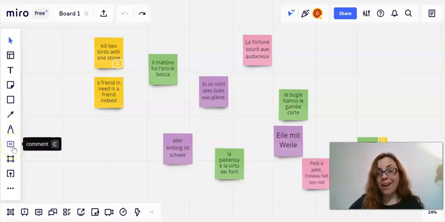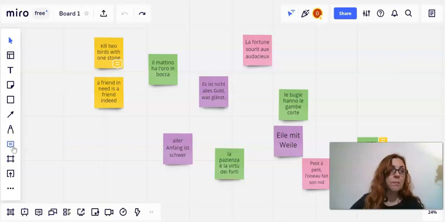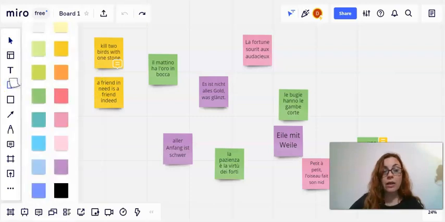And now what I have prepared is an exercise to illustrate precisely what can be done on this board. This very simple activity that I prepared is based on proverbs. So I've added sticky notes, and adding a sticky note is very easy. You simply click on the icon, then you choose a color,